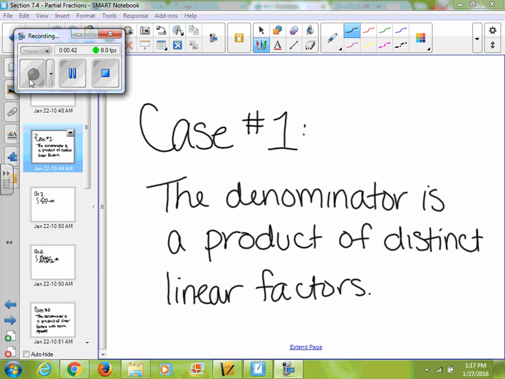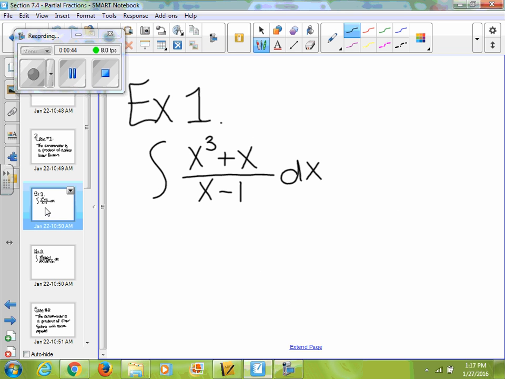So we're going to look at a couple of different examples of that. The first one is when your denominator is smaller than your numerator, and the second is when your numerator is smaller than your denominator. So if I look at the integral of x cubed plus x divided by x minus 1,